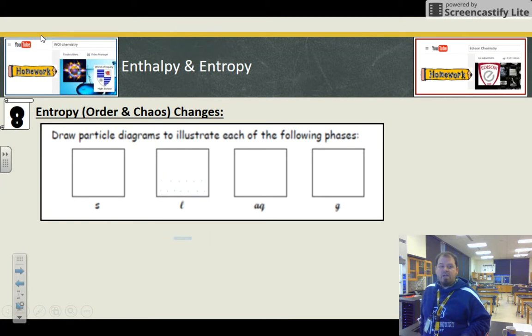Now, aqueous is slightly more random than pure liquid, because in a pure liquid, we know who each neighbor molecule is going to be. Aqueous is two things now in that solution. So it's a liquid, but there's two things in there, so there's a little bit more randomness. If I was a water molecule, would my neighbor molecule be water, or would it be maybe the solute that's dissolved in there? It could change. So that adds that little bit of randomness.